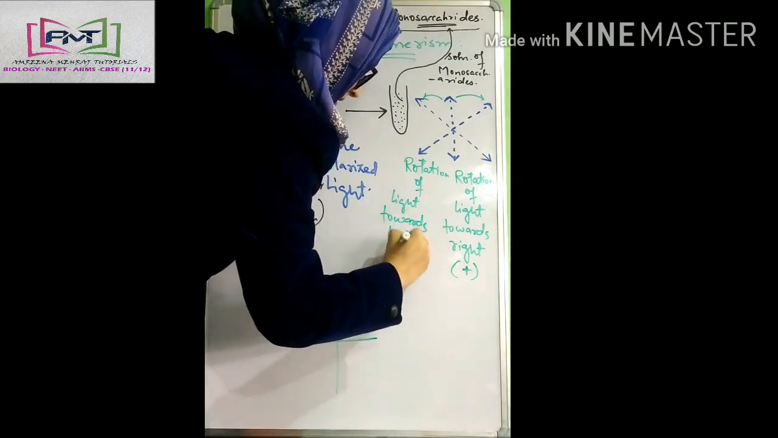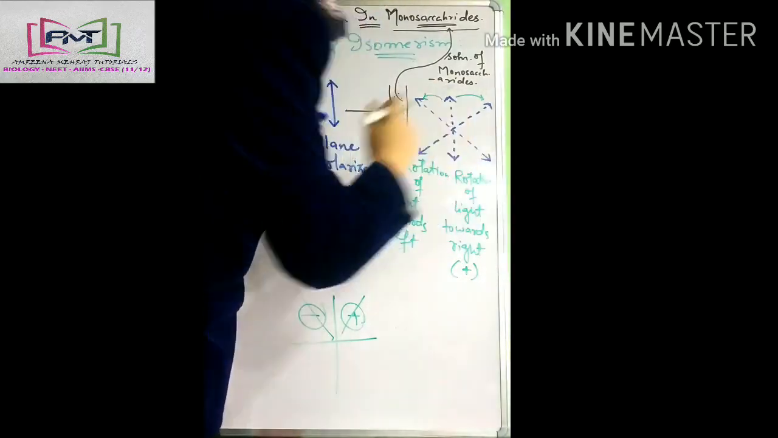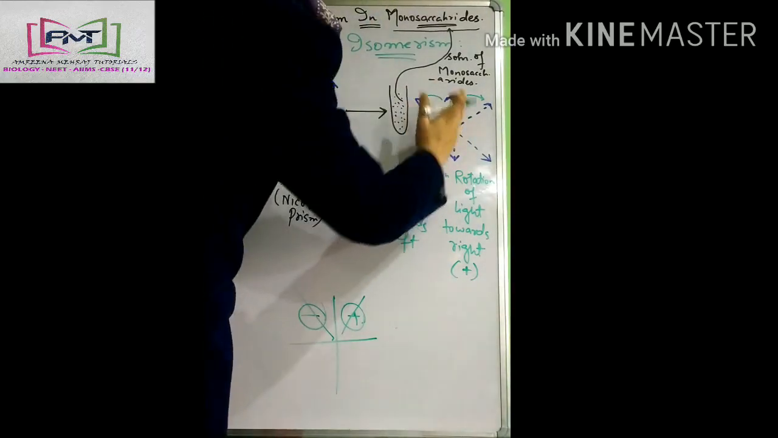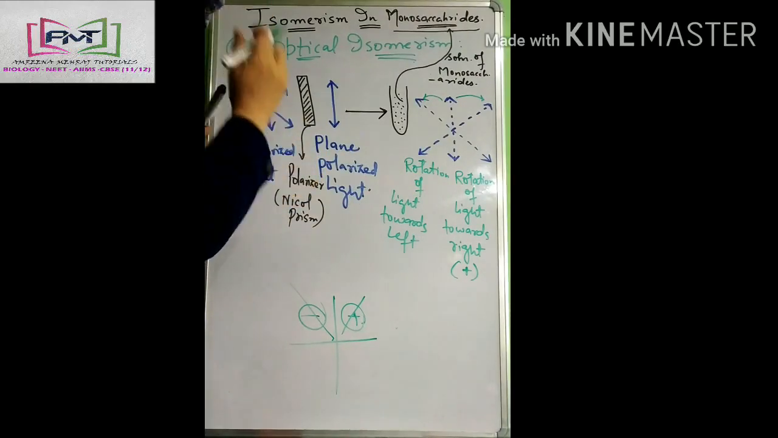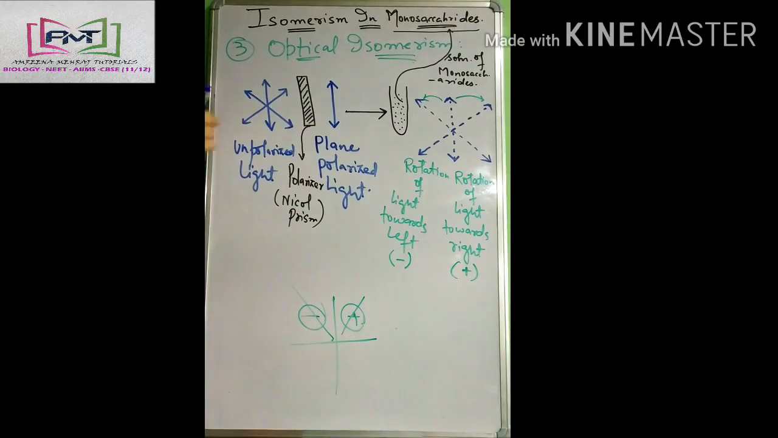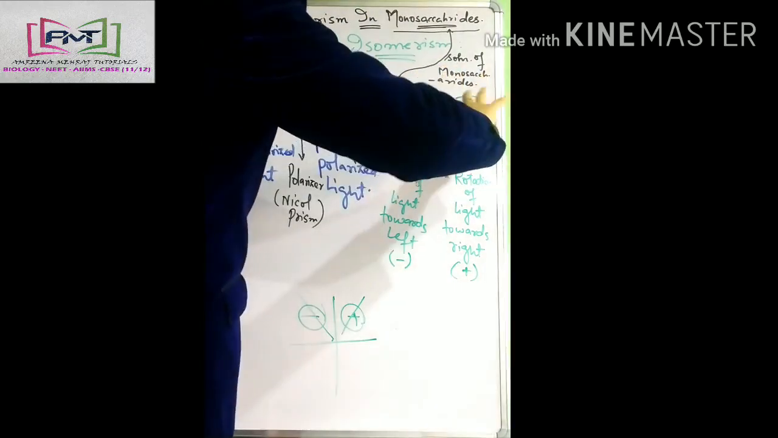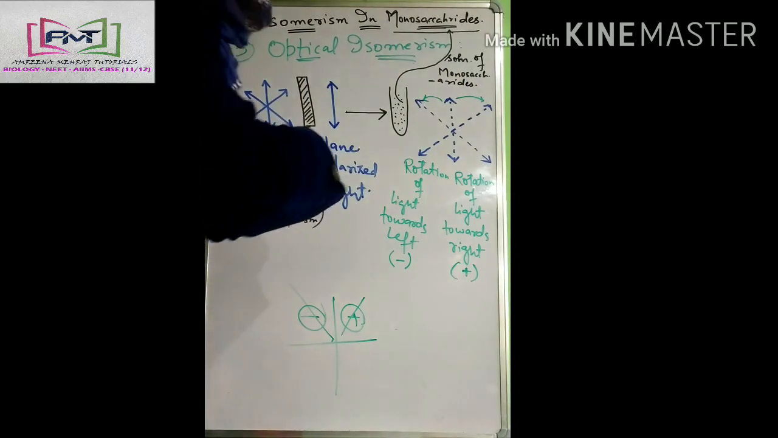towards left. So you have two things: either right side rotation of light, or left side rotation of light. And it's not normal light, it's plane polarized light. Then you will represent this by minus. Okay. If your sugar is behaving like this, then it's called